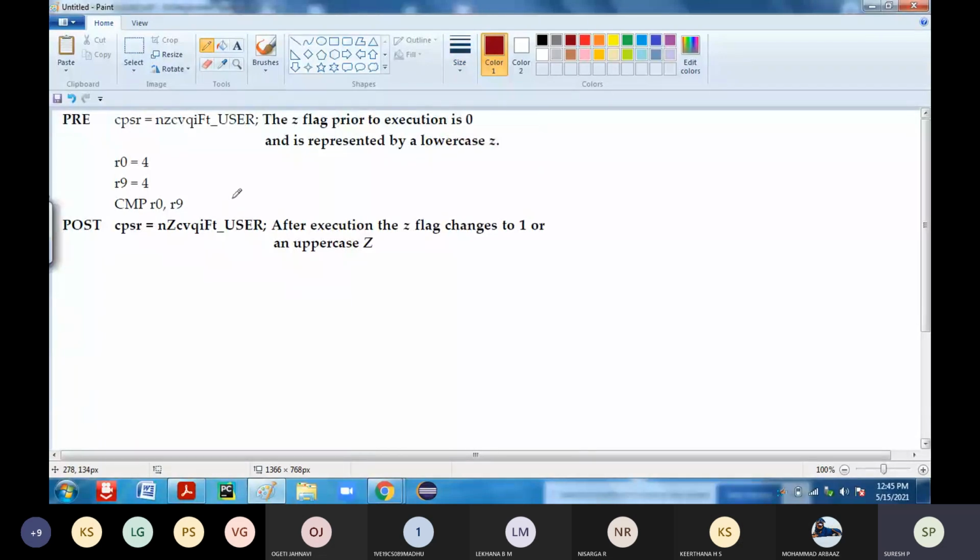Now here you can see the pre-state. You are going to have NZCV, that is, all these flags are low, which means all are 0.